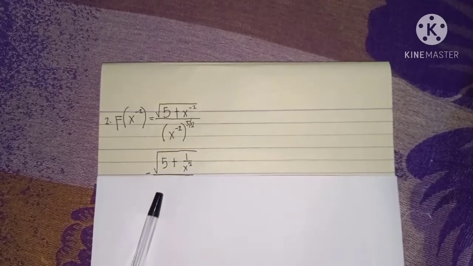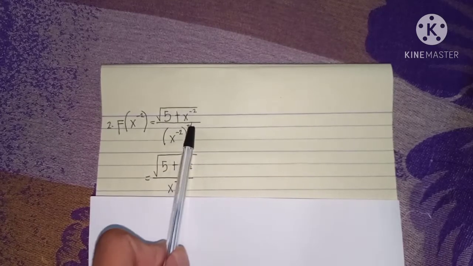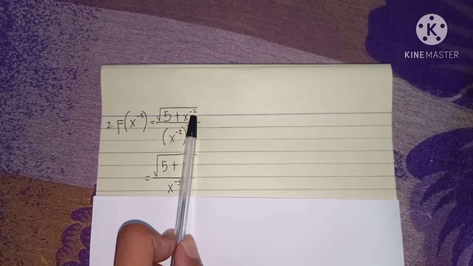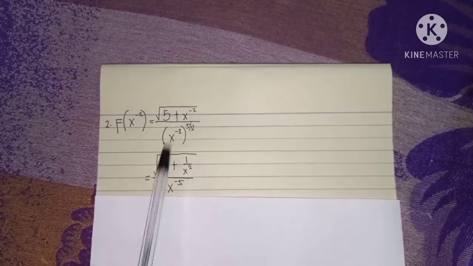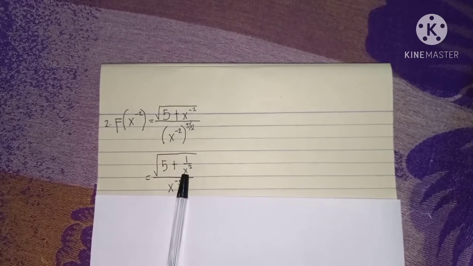Then first, our exponent is negative, so to make it positive, we will look for its reciprocal. So the reciprocal of it is 1 over x squared,